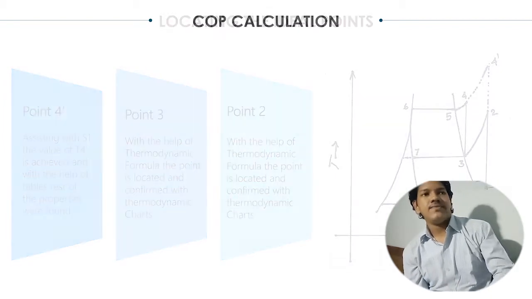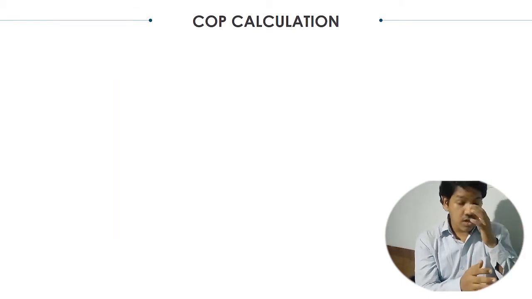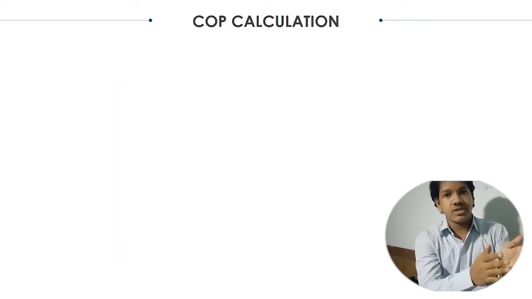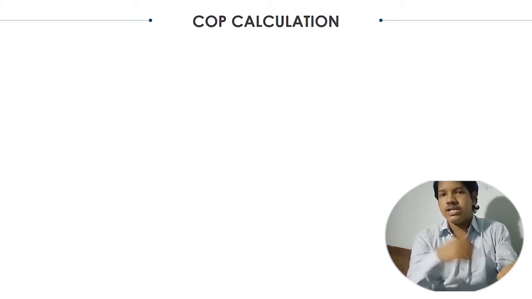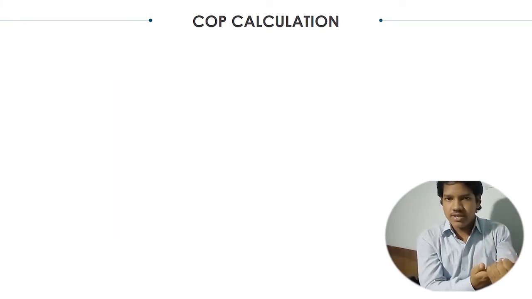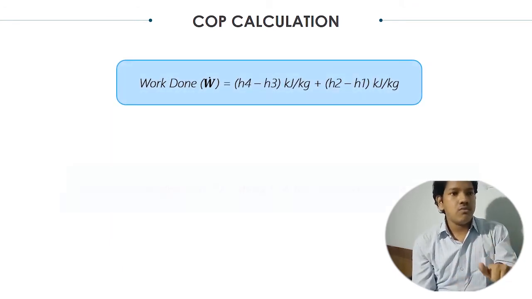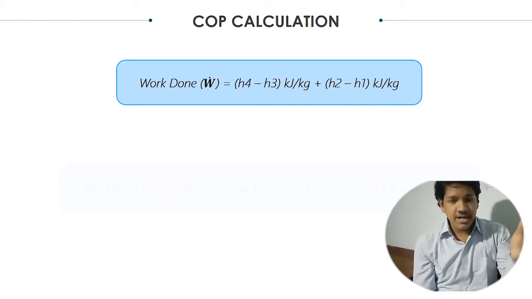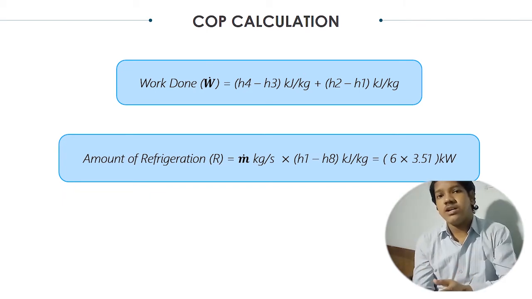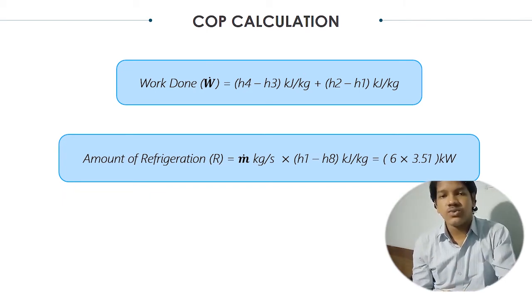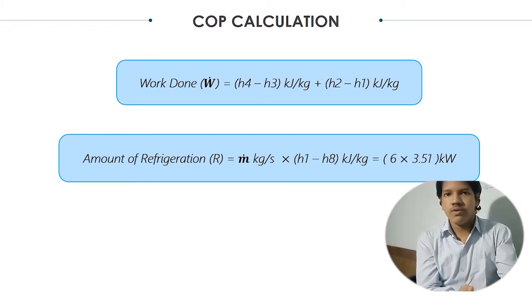Coming to the next slide, now we will calculate the COP of the total system. In order to get the COP of the system, we need the mass flow rate of the refrigerant, which would also be useful while designing the compressor. We also need the work done by the compressor. The work done by the compressor can easily be obtained from the formula displayed, as well as the mass flow rate. Now we need to convert the 6 ton into kilowatt, which is why we have multiplied it with that factor. After we get the mass flow rate and the work done, we can easily get the COP of the total system.